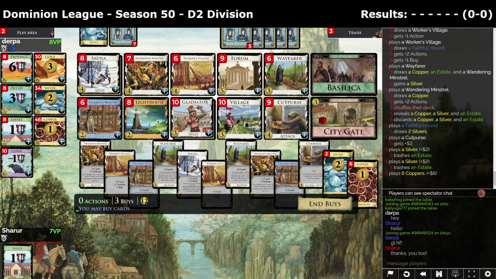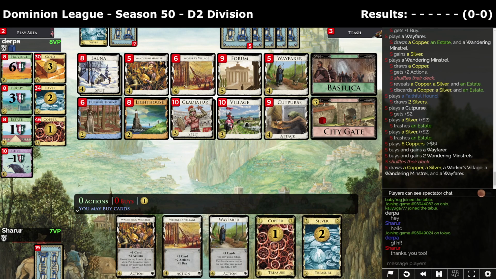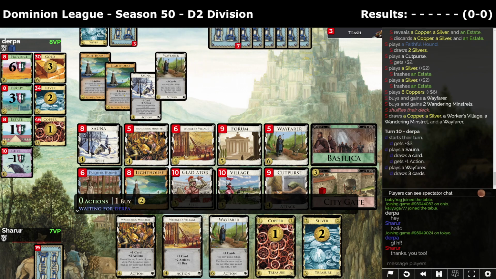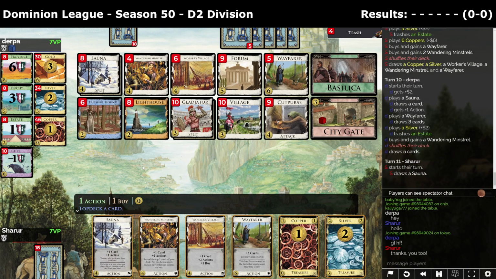Okay, so we want another Wayfarer and probably 2 more villages, I would think. Probably minstrels. I don't think we need a 4th buy just yet. We can always take Forum too if we need that, or if we end up with more money, whatever. I just want to really make sure that my draw is good this turn. And we're probably going to be ready to start greening fairly soon. I mean, or at least we'll have the capability to do so. It's less clear that we should do so, but